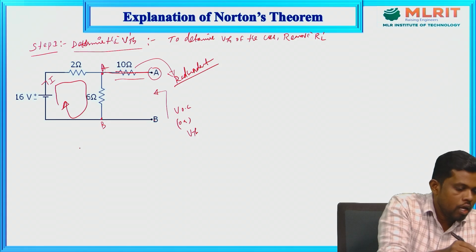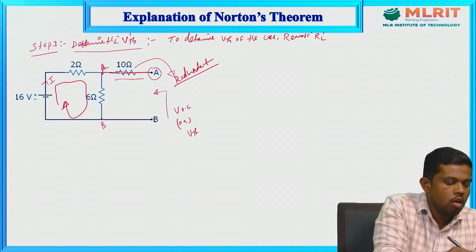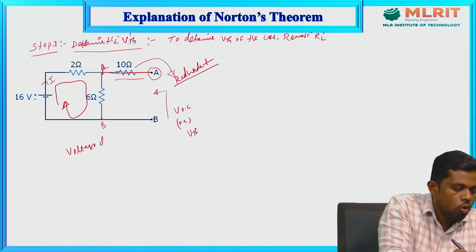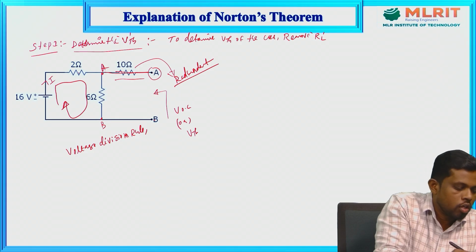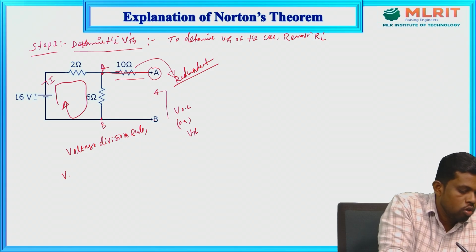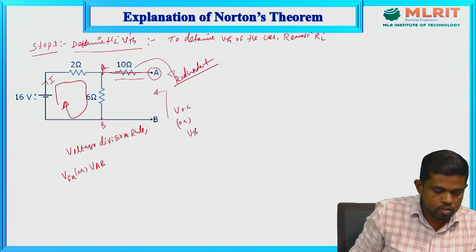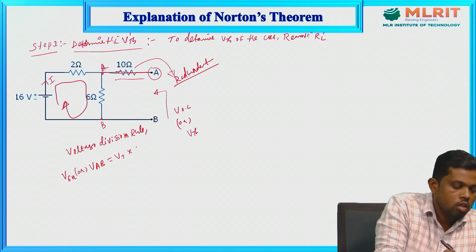Then whatever the elements are in series, to get the required element voltage, we can simply apply what? The voltage division rule. So to get the voltage across the required element, at what element do we need to get the voltage? Across the 6 ohm resistor. According to the voltage division rule, for the 6 ohm resistor, we can say VAB equals the total voltage into the same resistance,